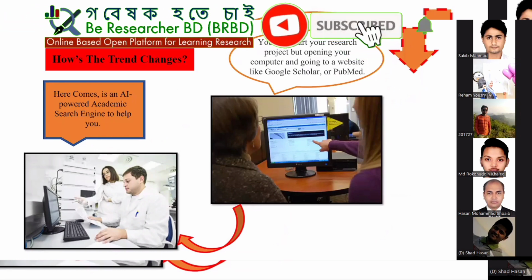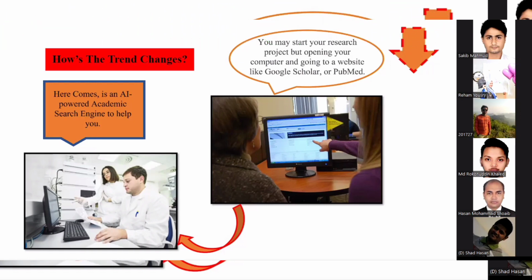But now, in recent years, the evolution of AI has totally changed the scenario. How do these AI-powered academic search engines help you find the relevant information? So here is the question: how is AI involved in this research? For example, if you type a question on Google, you get a lot of links for that particular keyword that may be unorganized. Sometimes they are related to a research paper, sometimes to a research article, sometimes to a research blog, or maybe a university site. So you sometimes get irrelevant information. But